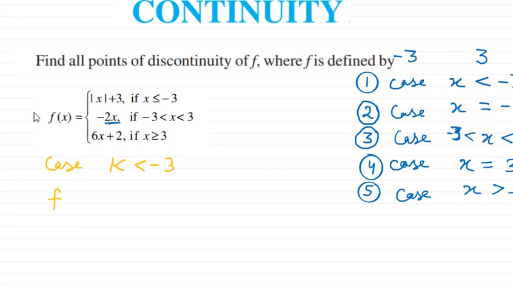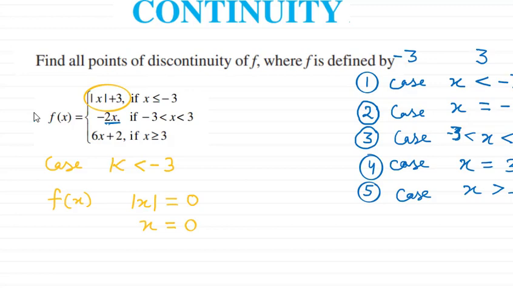But first you have to understand this function. Which function will be valid for this? This is the first function, valid when x is less than -3. But here you can see a mod is also there. Whenever you get mod functions, just take what is inside the mod equal to 0. So here your x will come out 0.